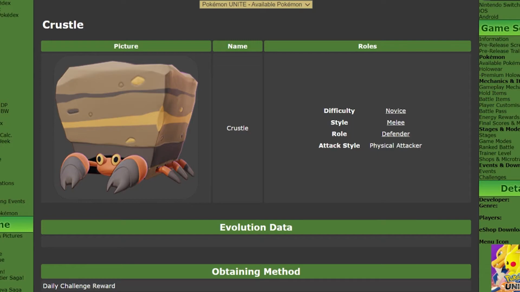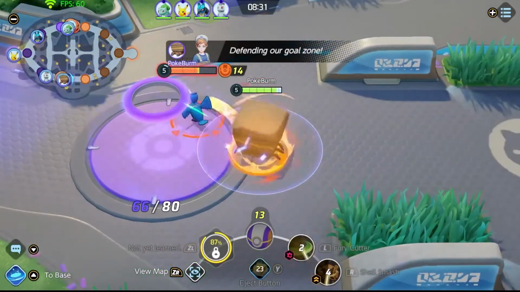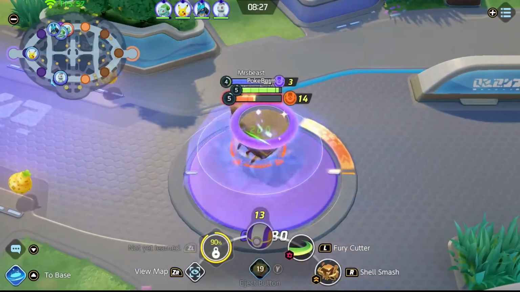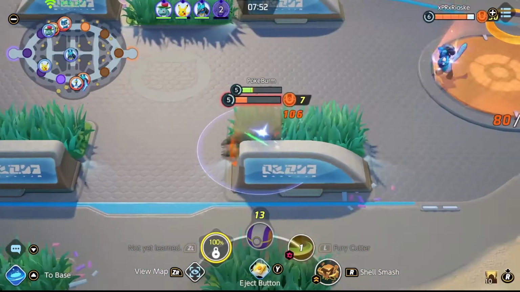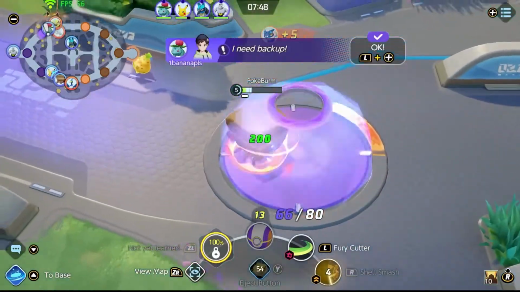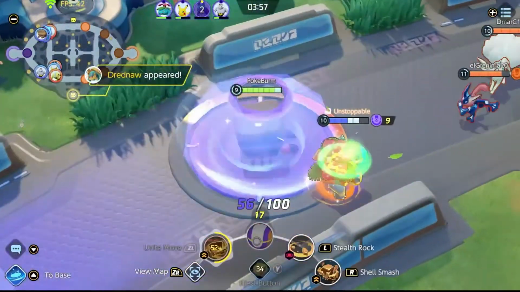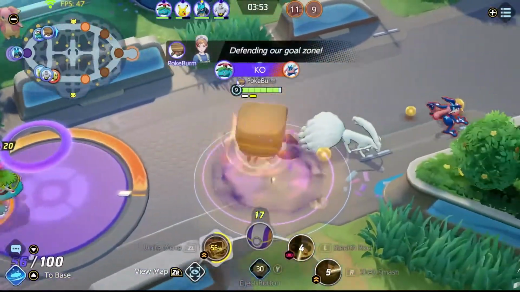We have Crustle here. Crustle is a melee defender, physical attacker, which does matter depending on what items you're using. Some items are beneficial to special attackers, some are beneficial to physical attackers. In the gameplay footage you'll see today, I am using the Muscle Band, the Float Stone, and the Shell Bell. Shell Bell is an item that benefits special attackers, but like I said,